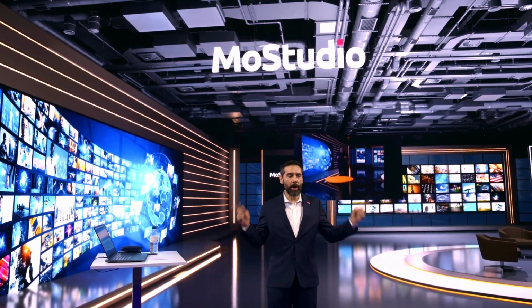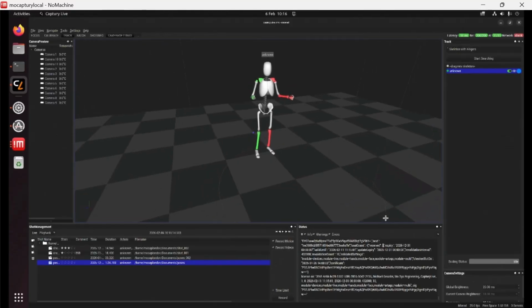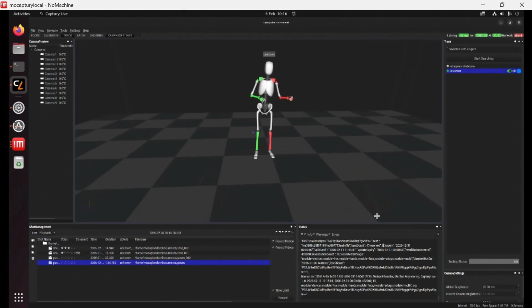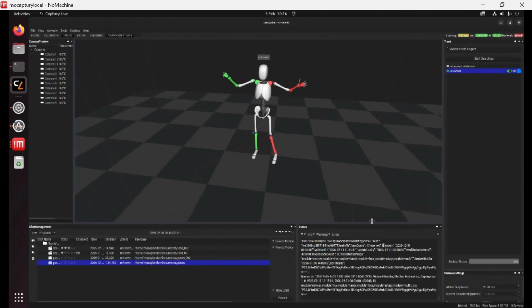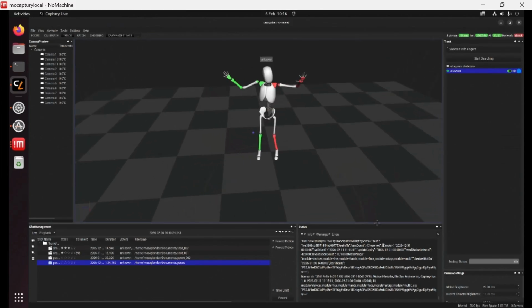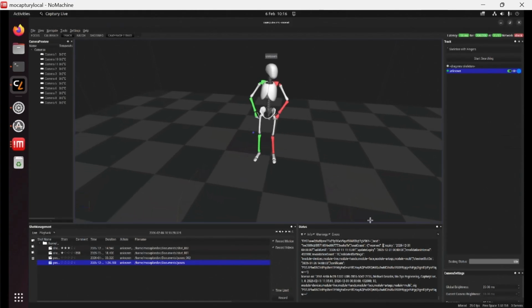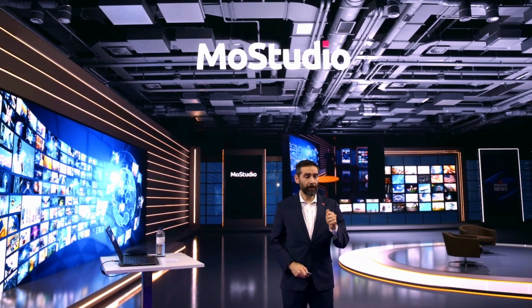Now, when we combine MoStudio with our motion capture solution, MoCapture, this is where things get really interesting. You can create AR trigger points in the virtual set that we can interact with. Here you can see I'm being tracked in real time, even down to my fingers. We actually have 11 cameras tracking all of my motion in real time.